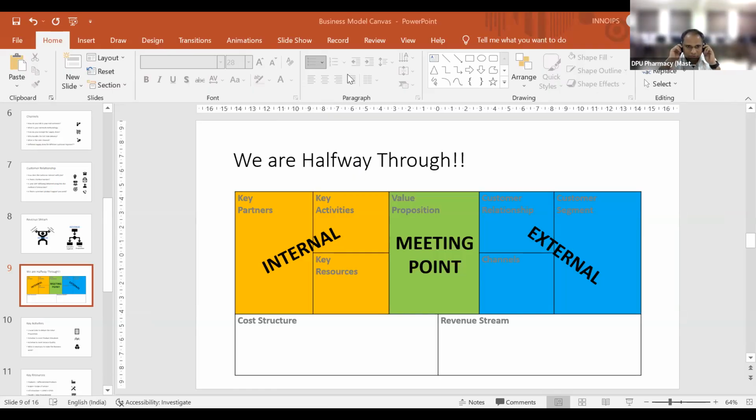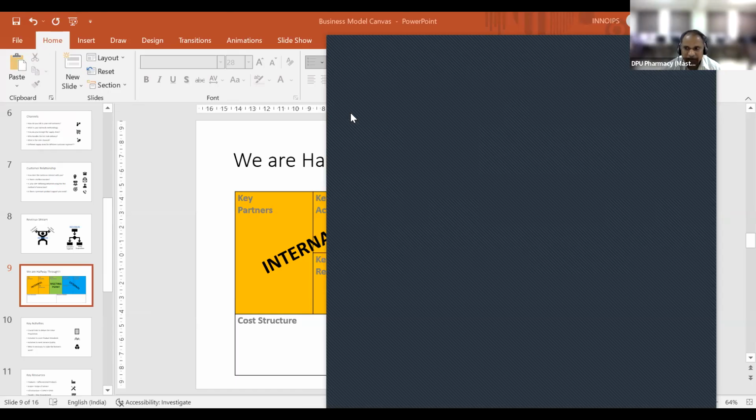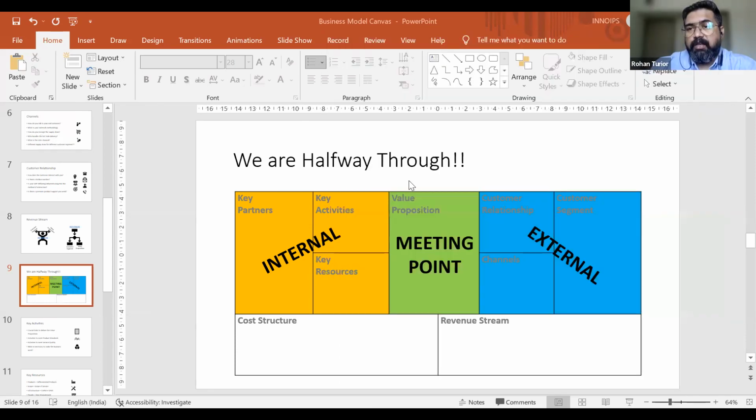Sir, when we are pitching our business model to investor, which are the important points that we should take care of? When you are pitching the business model to the investor, okay, when you're pitching the business model to the investor,